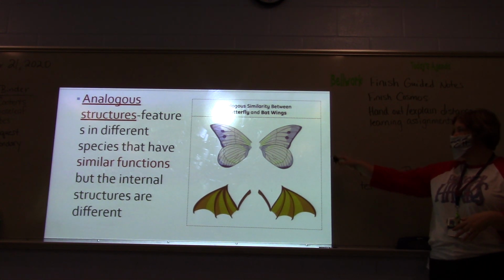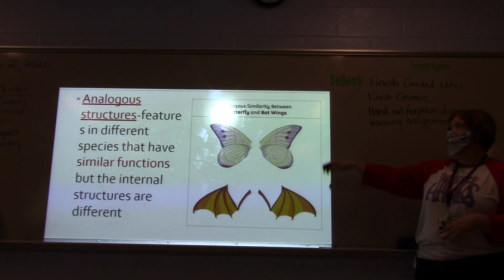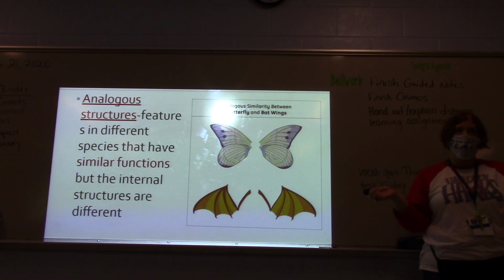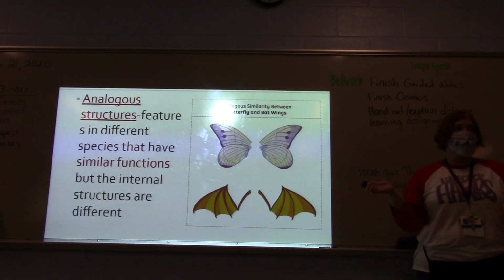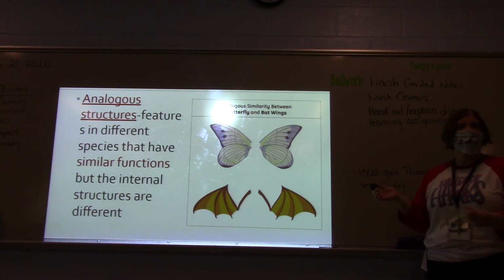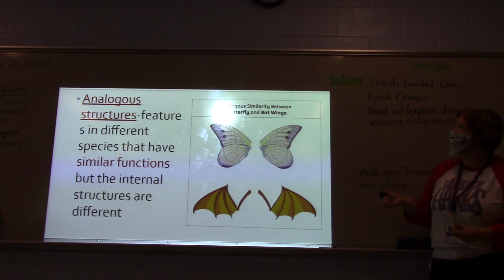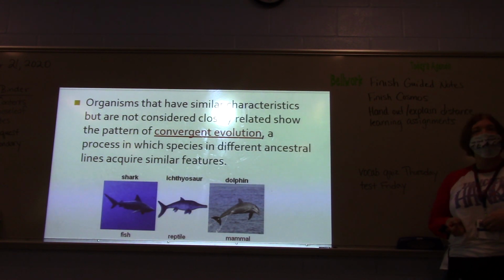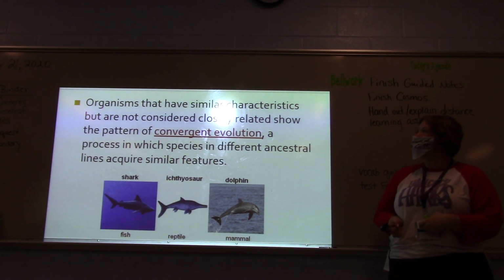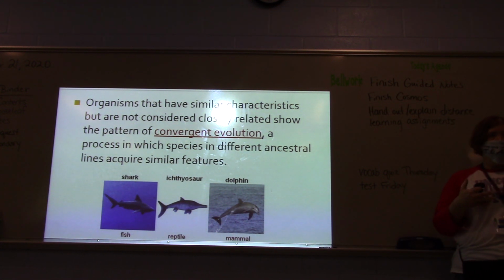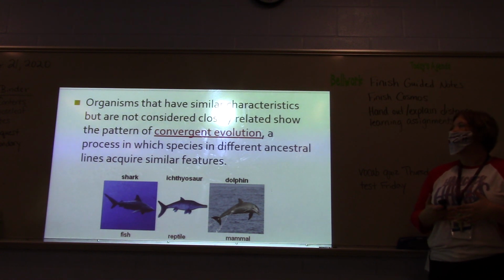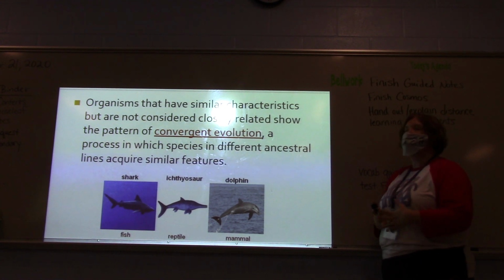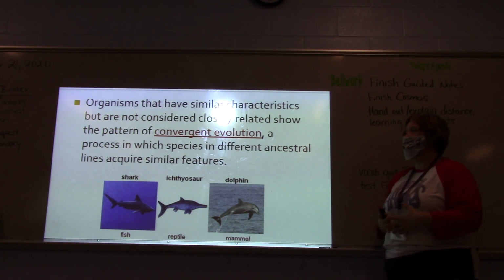Okay, so these two are not closely related. Things that have analogous structures are not going to be as closely related as things that have homologous structures. Does that make sense to everyone? For now, anyway, yes. Okay, so the things that have analogous structures are going to show convergent evolution. Meaning they don't necessarily have a common ancestor, but they are similar because of how they have adapted to